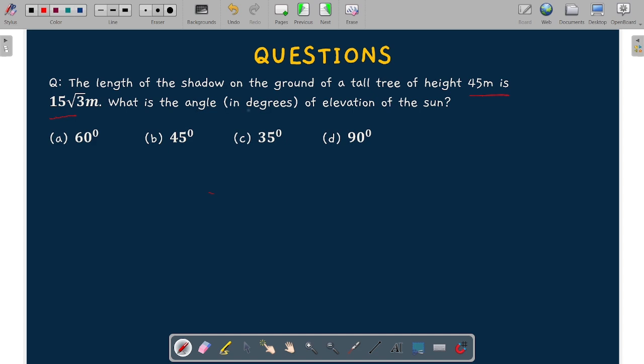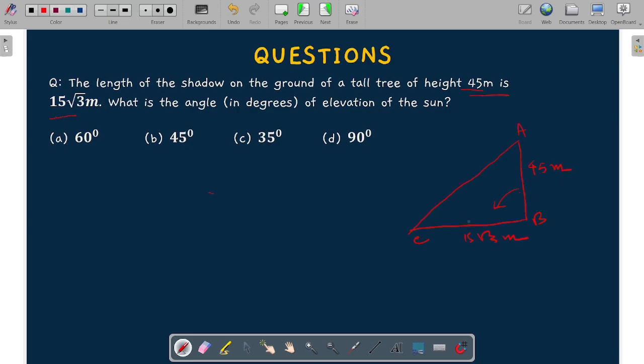What is the angle of elevation of the sun? सन का एंगल ऑफ एलिवेशन क्या है? दिस इज द ट्री. ये ट्री है. दिया हुआ है कि शेडो ऑन द ग्राउंड ऑफ ए टॉल ट्री. ट्री का हाइट दिया हुआ है 45 मीटर. एंड इसका शेडो मीन्स बेस. दिस इज द शेडो ऑफ ट्री